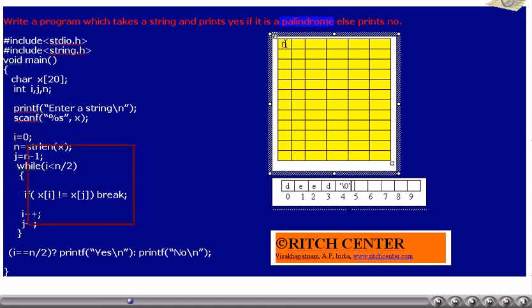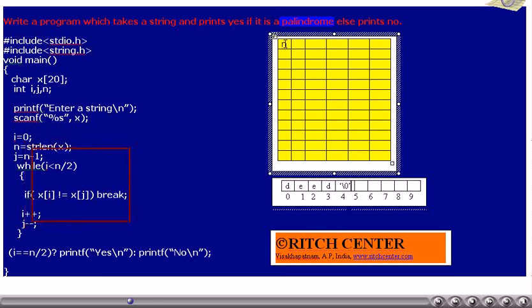We want the first character to be compared with the last character. What is the index of the last character? If the length of the string is n, then the last character index will be 1 less than n, that is n minus 1. Thus, we have taken a variable j and initialized its value as n minus 1 to indicate the index of the last character.